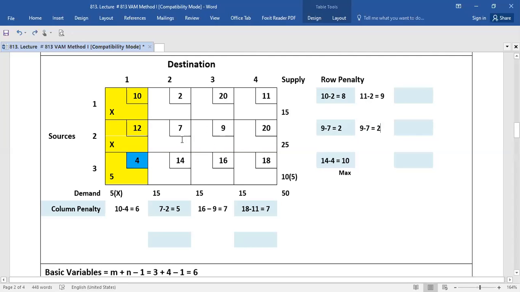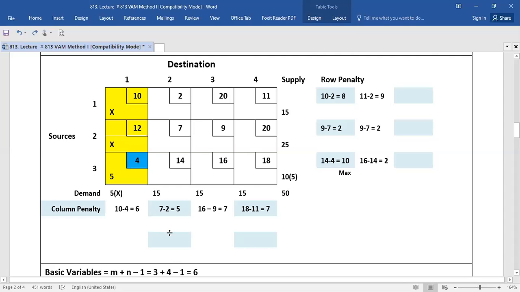So we will find the difference among the remaining costs. Which two are smaller? These two are smaller. 9 minus 7 is equal to 2. And in the third row, you will find the difference 16 minus 14. Now, you have no connection with this column. You will find the difference from among the other costs which are smaller in this row. So 16 minus 14 is equal to 2. Similarly, we have no connection with this